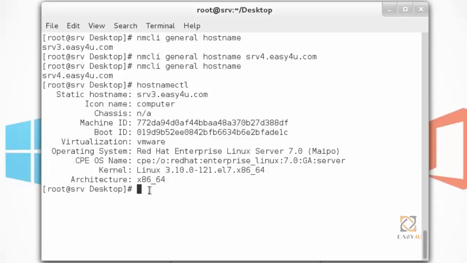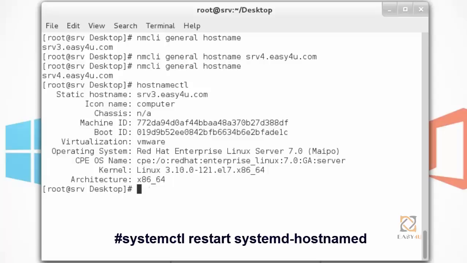Then you need to restart the hostname service. So I'm going to restart the hostname service, systemctl restart systemd-hostname.